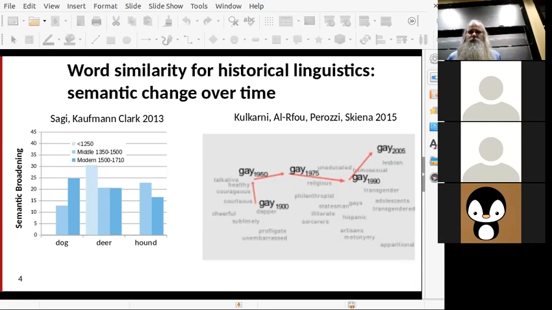And hound is now being a much more restrictive word over time. Let's look at the word gay over the last 100 and something years. The word gay, as most of you know, nowadays means and gets used to mean homosexual. But as I think most of you also know, the word gay 100 years ago didn't mean homosexual. It meant happy, enjoyable. And it was used in that term, even in the 1920s,